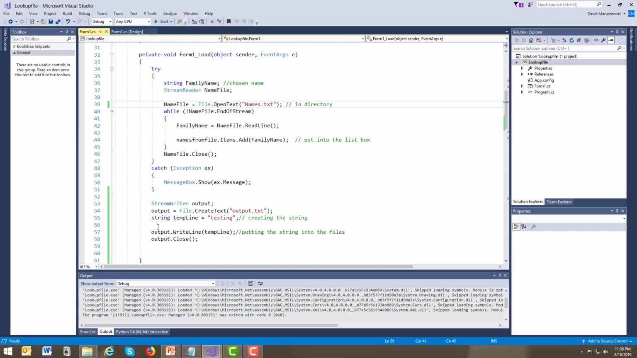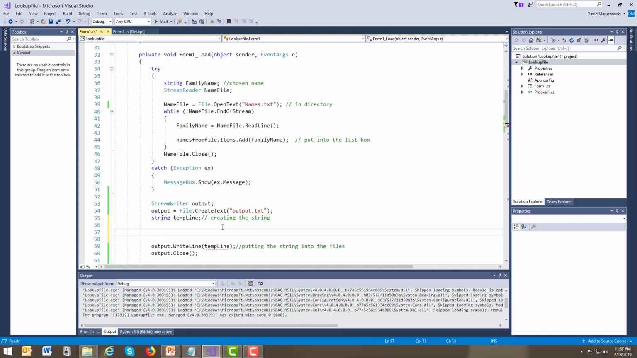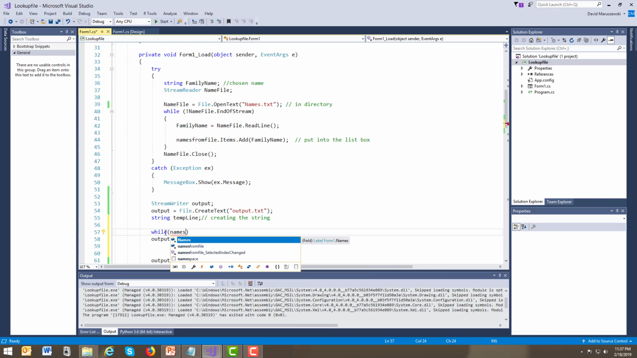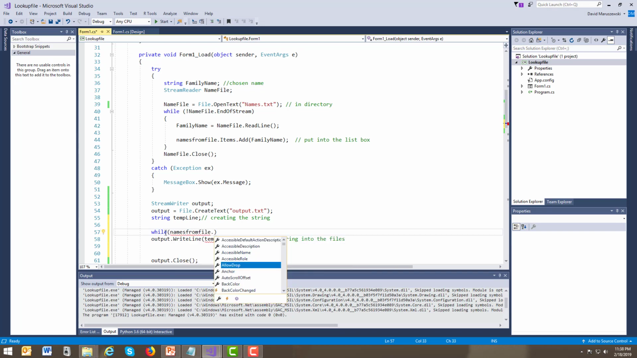Now, what happens if we wanted to put in all those names, right? Why not just do another while loop? Let's get rid of the testing. And we are going to circle through the write line here. So we don't want to close multiple times because you can't close something that's not open, right? So we want to make sure we do that. And we are going to do a while. And then in this case, we're going to give it names from file